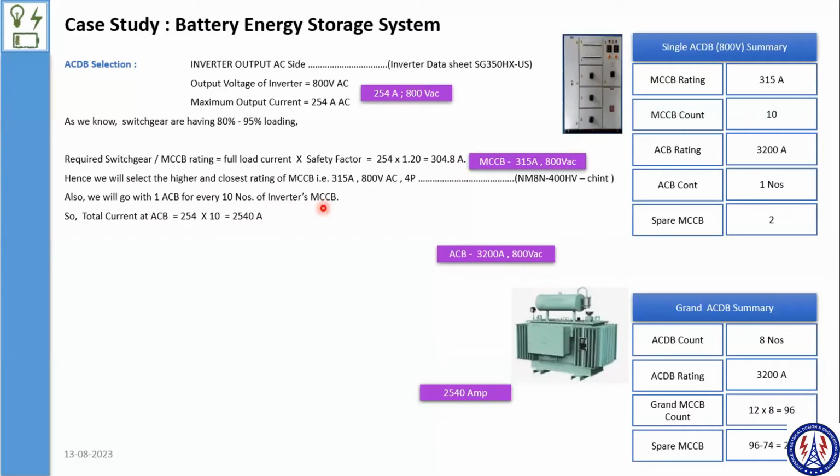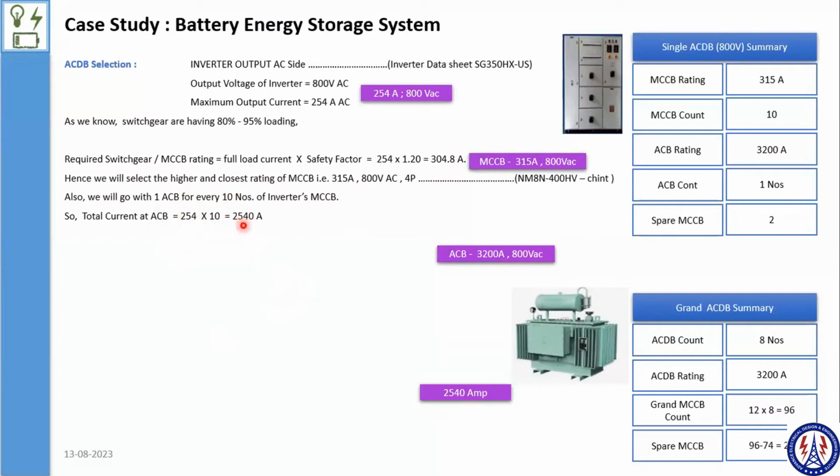Individually, 350 kilowatt of each inverter, 350 into 10, this gives me 3,500. So 3.5 megawatt, I would say. This is the capacity. With that, I am considering 1 ACB. So with reference to that, if I select 254 as the full load current from the inverter multiplied by 10,